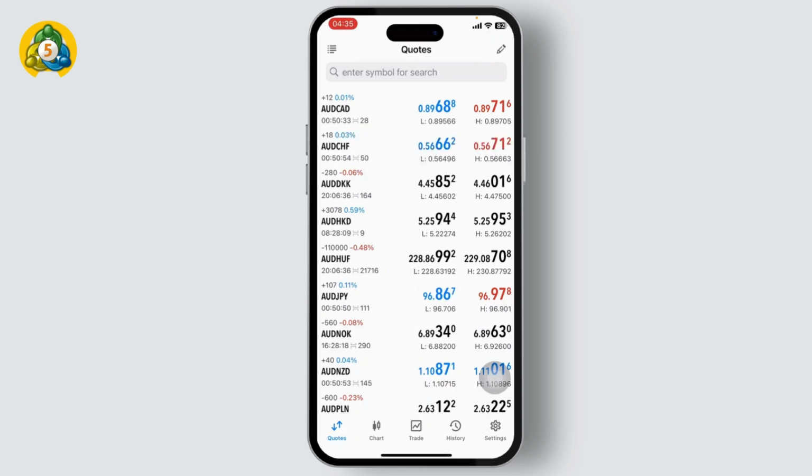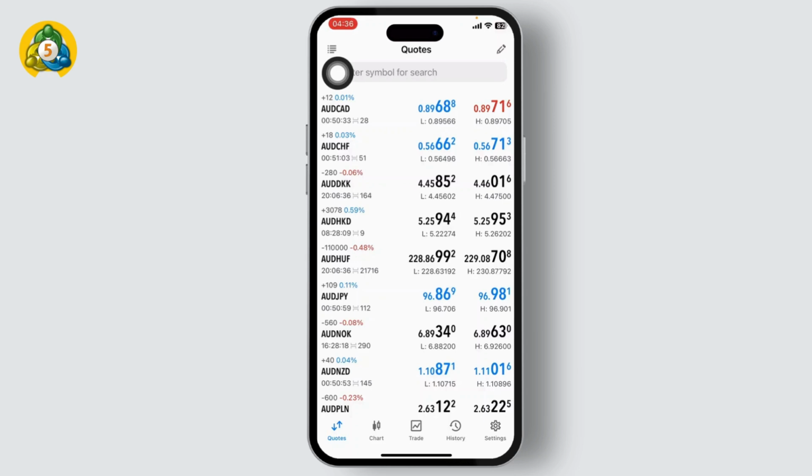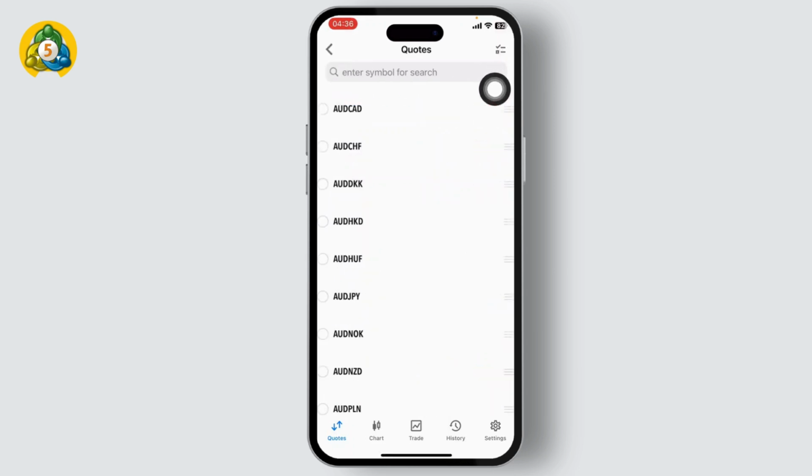account. Now after you're here, you will need to head over to the top right corner to the pencil icon. If you do not find it, tap on the top left corner on this here and tap on it till you find this pencil icon on the top right corner. Tap on it. Now here you will find different pairs of your currencies, and if you want to change it,